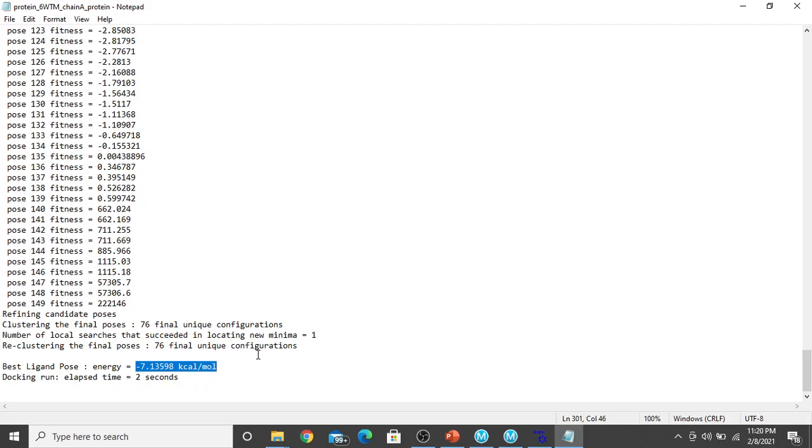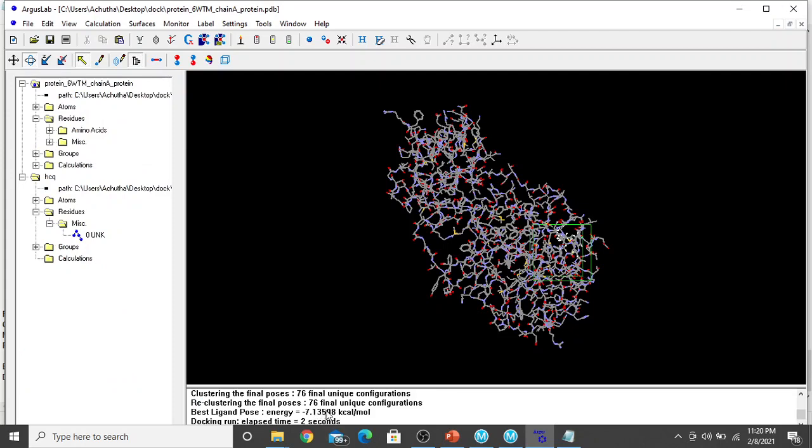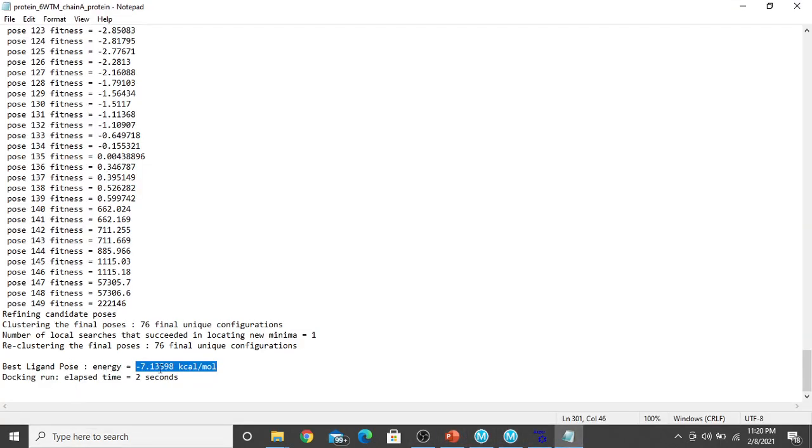In some cases, we can see that it will show like no poses are found, and in the output file also there will not be any energy, only no poses are found will be there. Okay, it means that the Argus Lab couldn't find any apt conformations of ligand at the active site. But when you redo the docking with the same protein and the same ligand in some higher software like Autodock, Glide, etc., you may get some binding energy value.